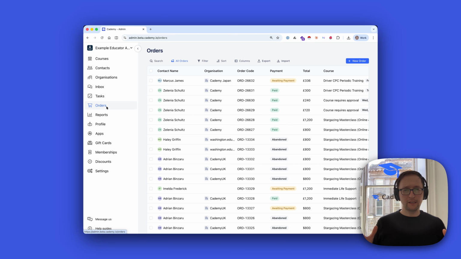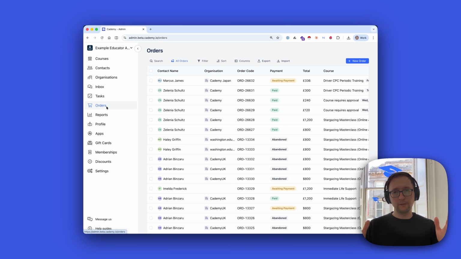Now, we don't necessarily allow bundles and all the other things yet. We've just restructured how the data works, and we've made a lot of improvements along the way in the system, but there's more to come. So in the next couple of months, you'll see a lot more updates and features that are finally enabled by this new structure. For now, I'll walk you through some of the changes,